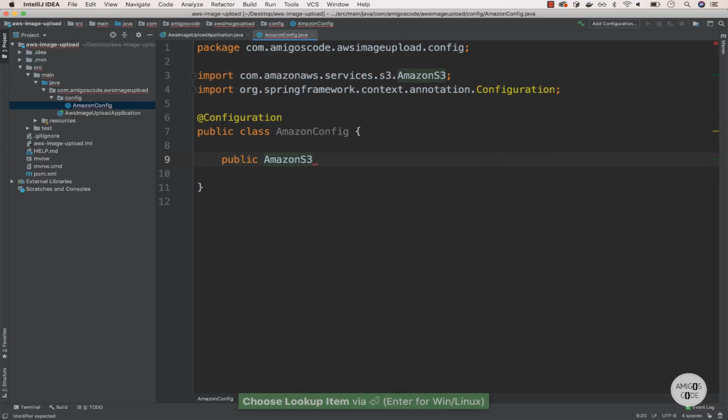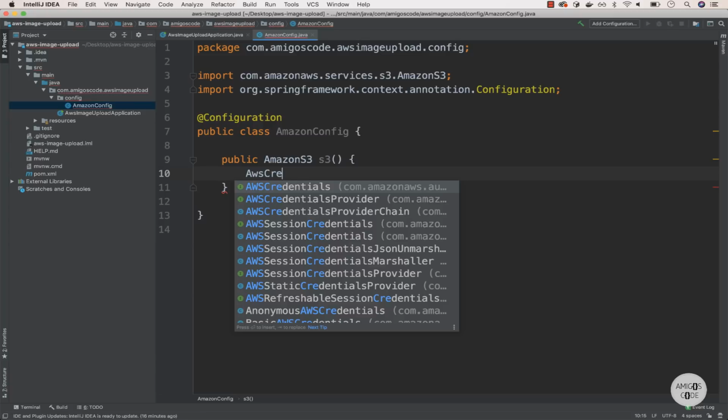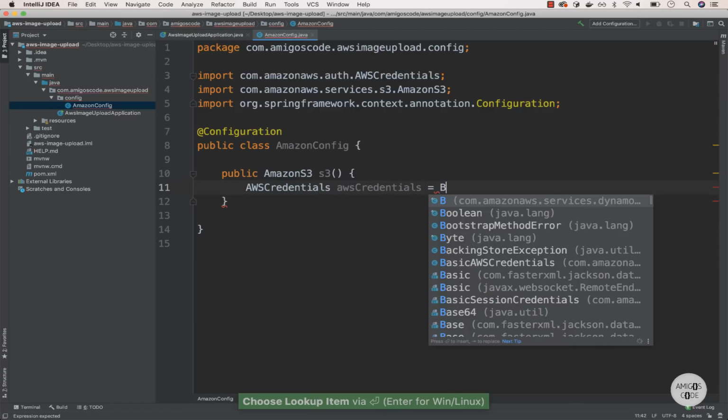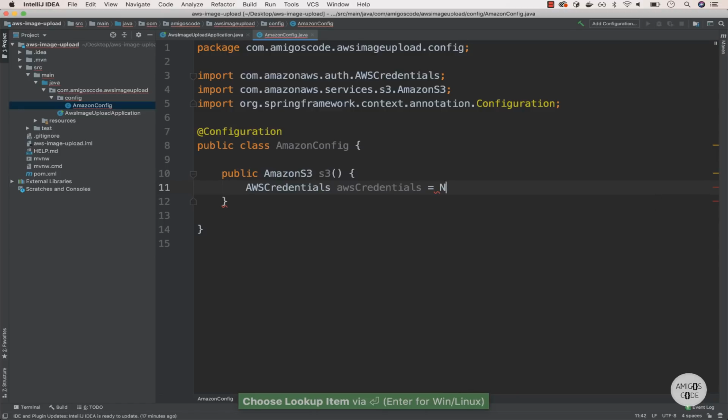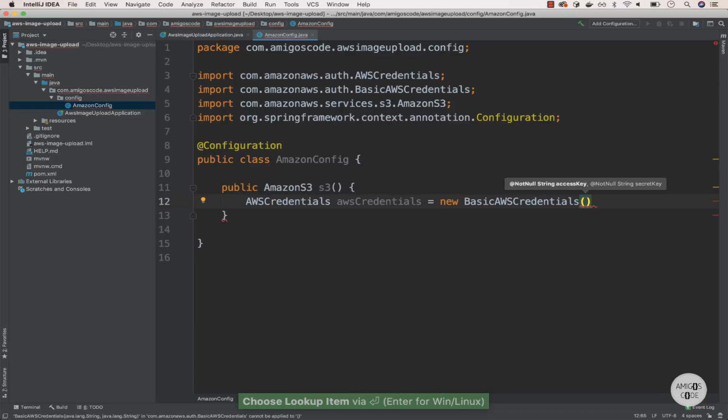So enter, and then right here simply say S3. And then inside, what we're going to do is simply say AWSCredentials awsCredentials equals to new BasicAWSCredentials. There we go. And you can see that we have to pass the